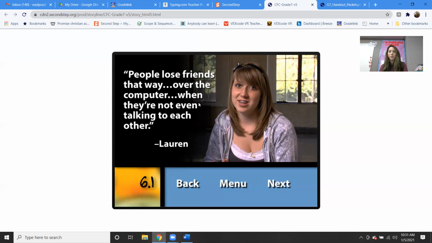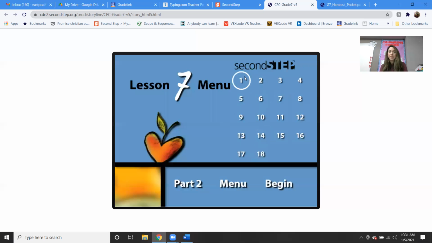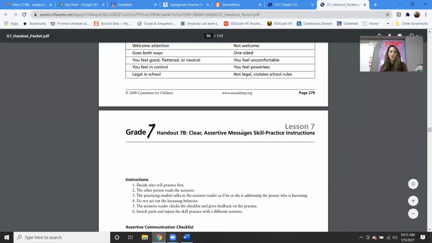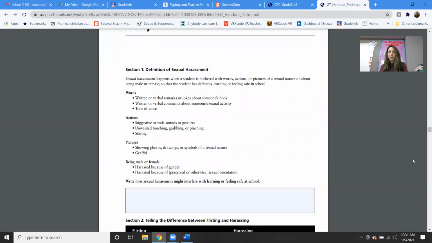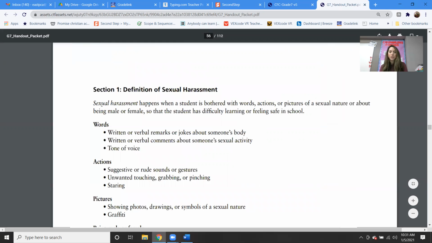And so, again, I'm going to just pause on that, and we're going to come back to that in a couple of weeks, because I really want to focus on the part of the lesson that I think we haven't really spent any time on, which is sexual harassment. So I'm going to be giving you guys a definition of that. Let me get it off of the sheet here. Everybody's going to get a homework sheet. And if you want to just jot this down, because one of the questions is,